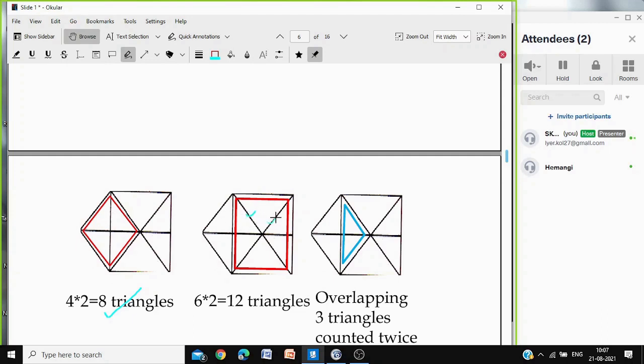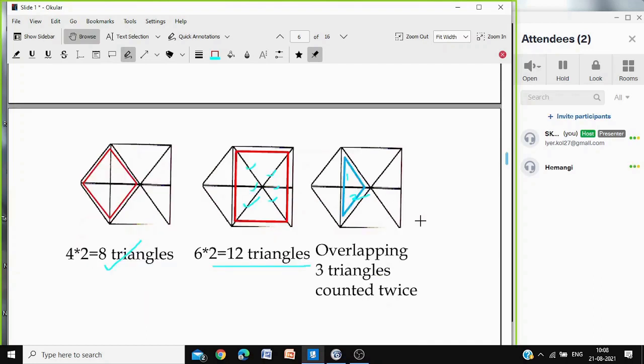1 line, 2 line, 3, 4 lines you have. In addition, you have 5 and 6 lines. So you have 6 into 2, 12 triangles. And this one, here are 3 triangles. 1 triangle, 2 triangle, and the 2 combined 1 triangle. The whole combined, the whole blue figure combined. Separately 2 triangles, and if you combine the 2, then you will get 1 more triangle, the whole.